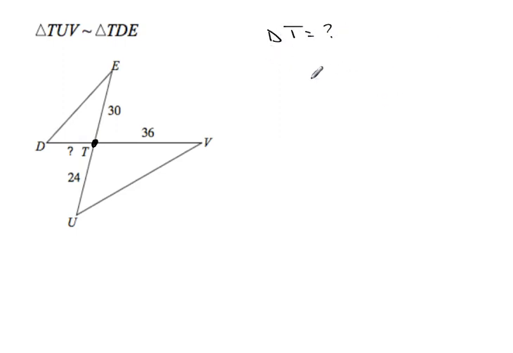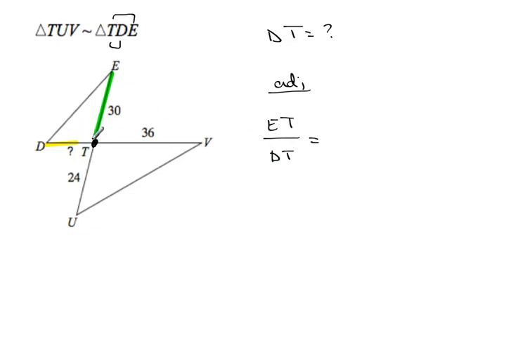So you can do this with corresponding sides or adjacent sides, and let's take a look at both examples. So if I take a look at the adjacent sides, where are my adjacent sides? My adjacent sides here would be ET and DT. Those are my adjacent sides. And so we're going to set up a ratio of that first adjacent side first. So if I'm going with ET over DT,